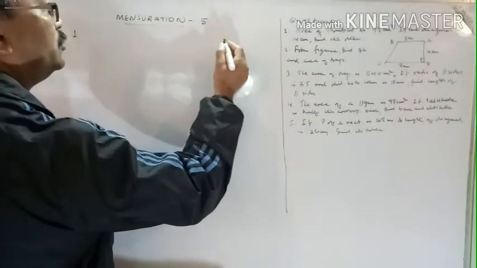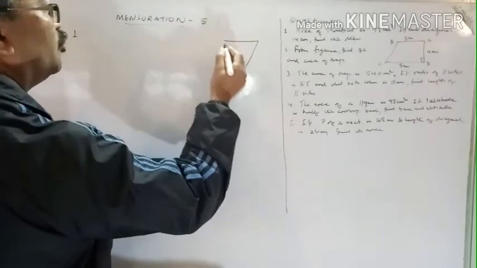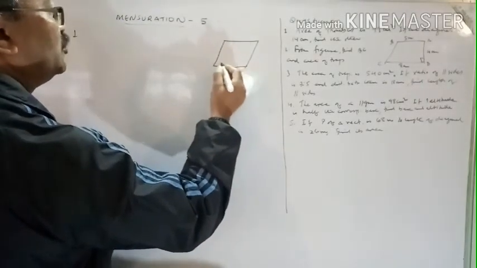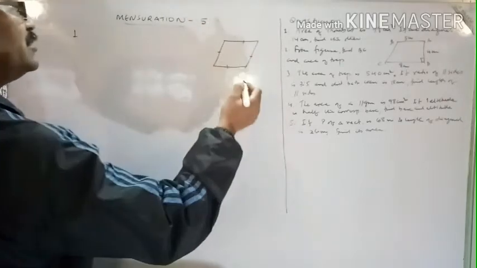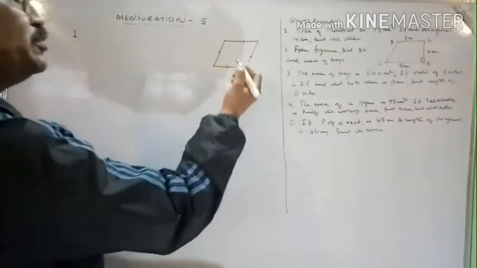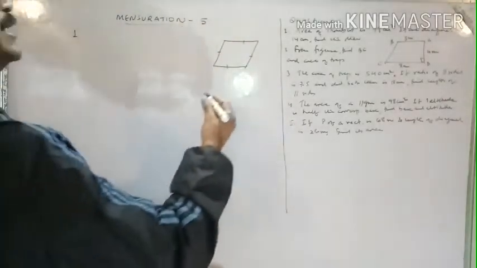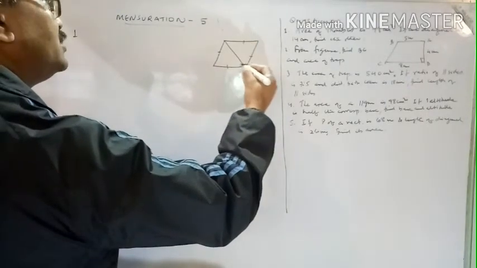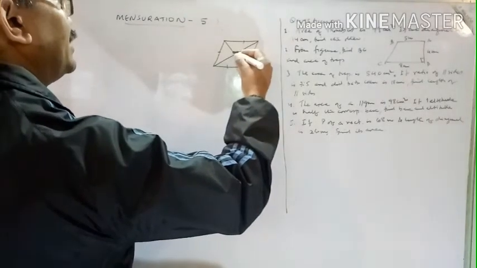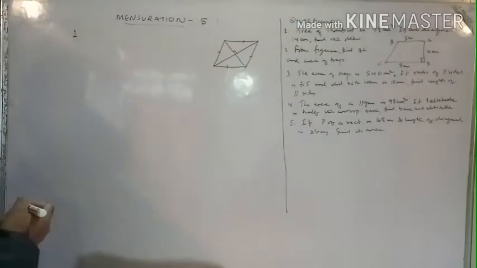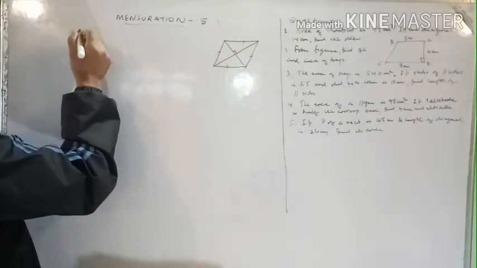The rhombus, you have to know the figure. Rhombus means all sides are equal. If the angle is 90 degrees, it will be a square, otherwise it will be a rhombus. It has two diagonals which intersect at right angles here. So area